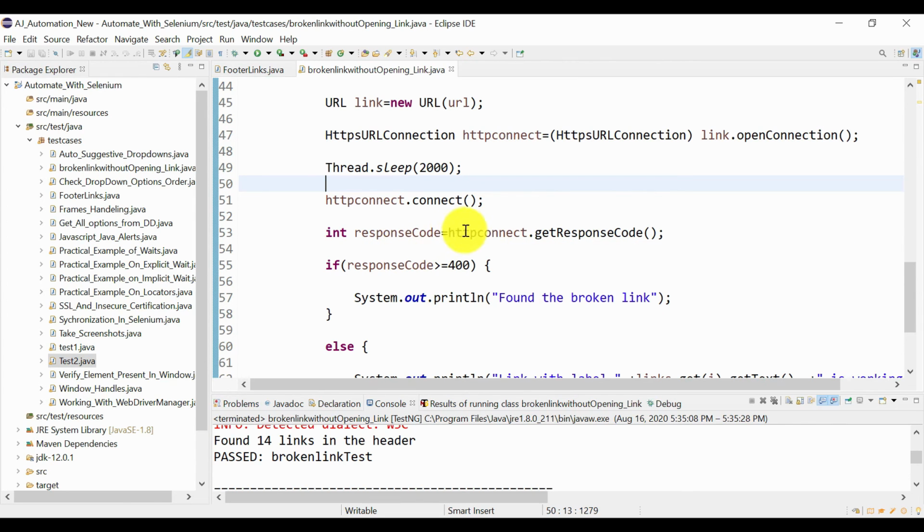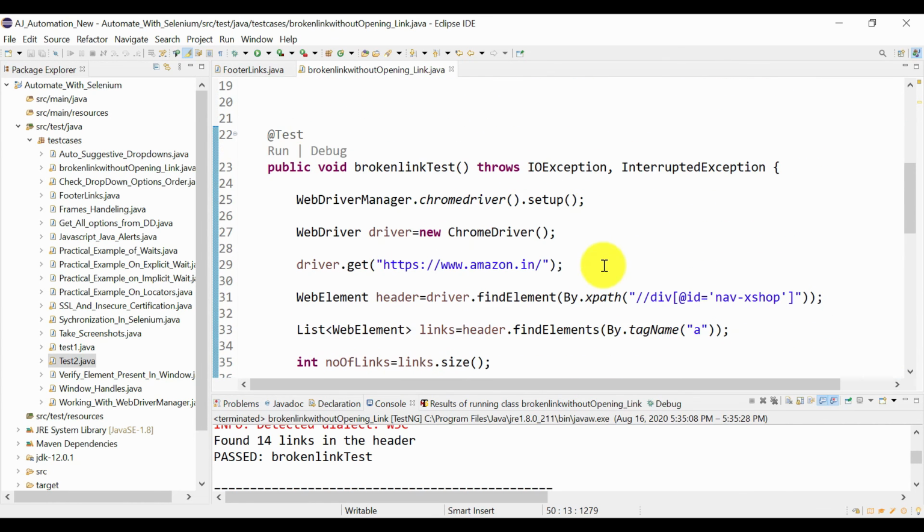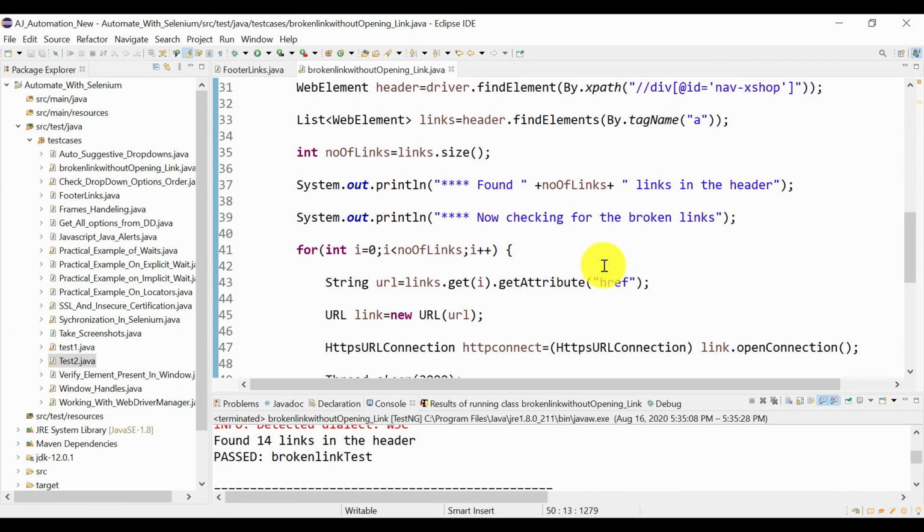This method will return the response code and we will check it. If it is greater than 400, then found the broken link, else it will print this. I think this is a good time to run this test case and see if it is working or not. So F11.